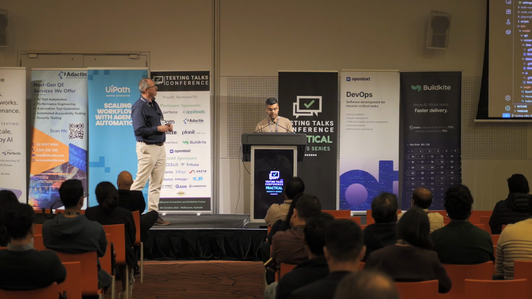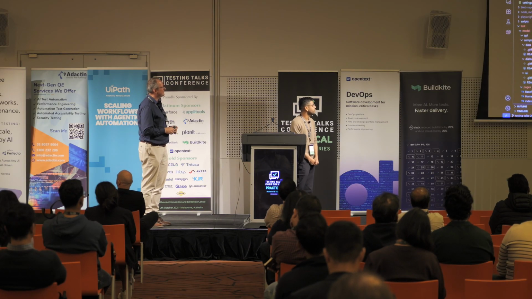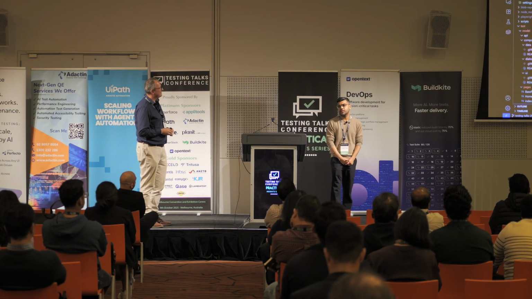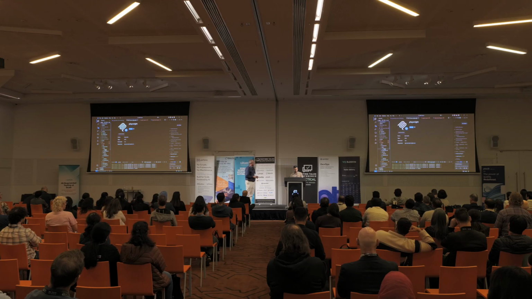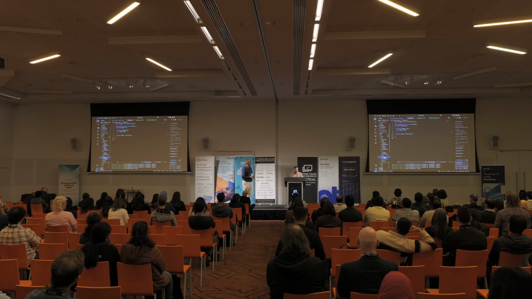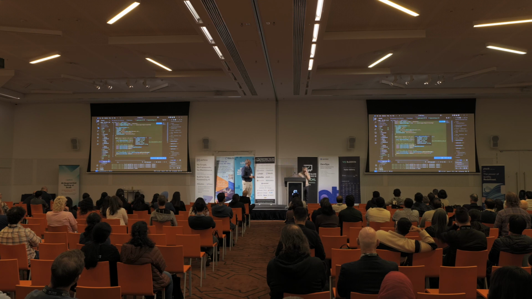I'll maximize this. I asked the MCP server to build the code for me, all the page object model classes. You can see on the left-hand side in the repo, it has created all the base classes for me. If I go to my test, it has all these steps: navigating to a browser, opening the Testing Talks page, clicking on register and filling the form as well. Does that sound good? Okay, better?